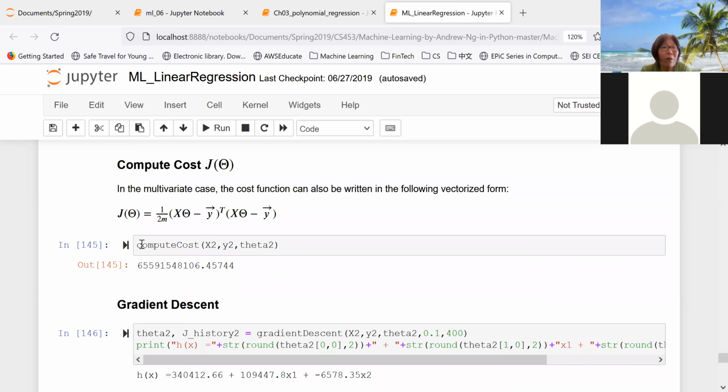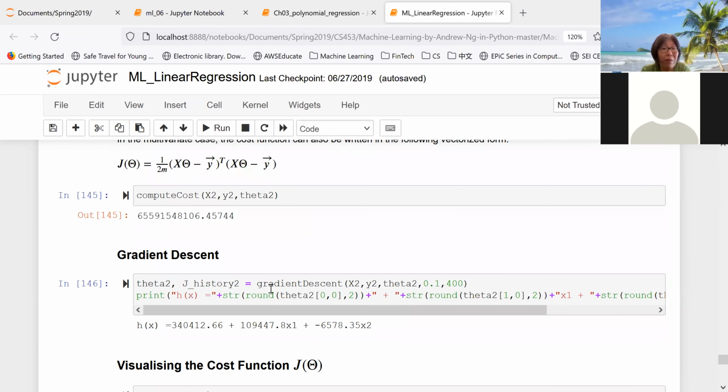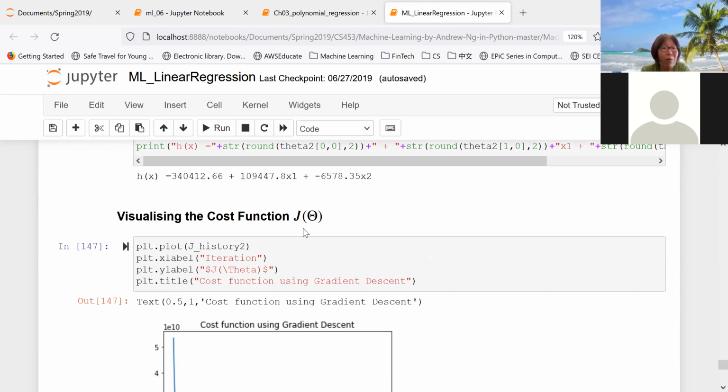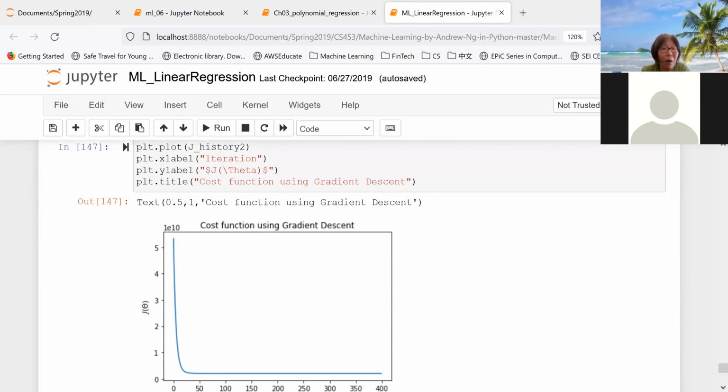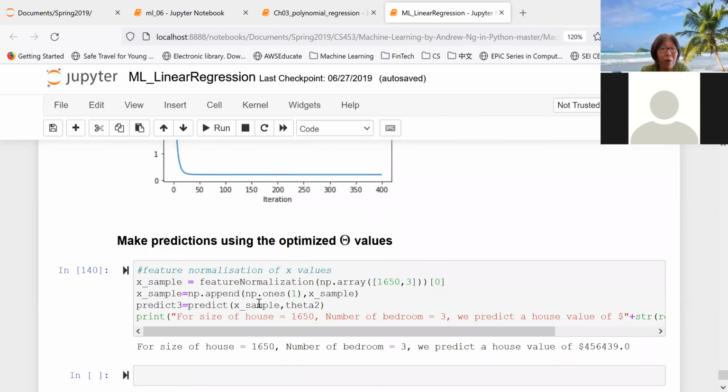And the same thing, then you can call the cost function calculation and gradient descent. We can still use the previous one. And you can also visualize the cost function versus the number of iterations, etc. And then you can also make the prediction. And let's see, this time it's still the same one. So this time it's